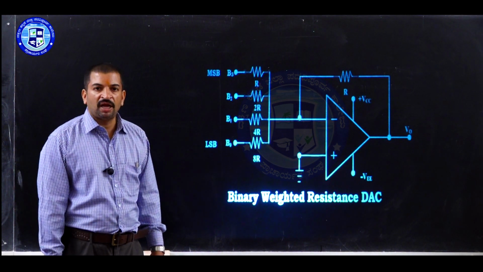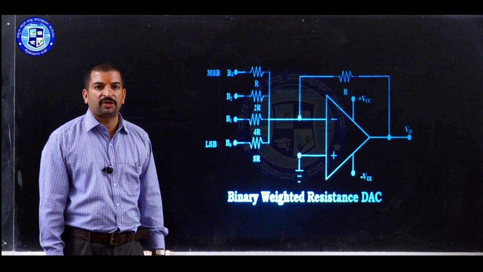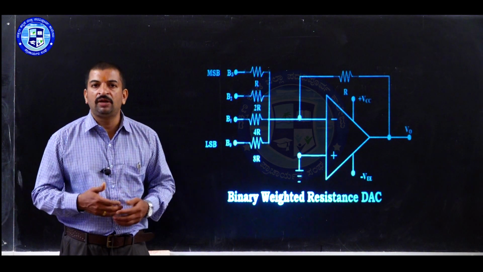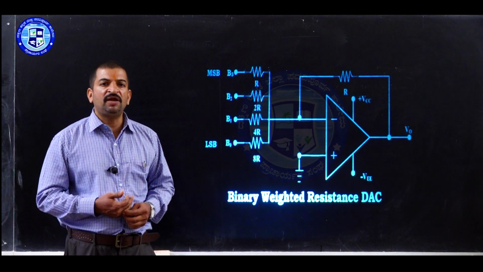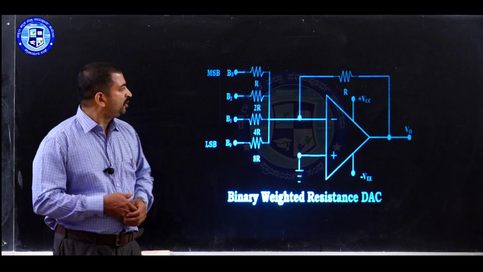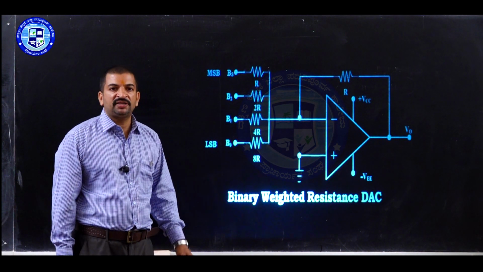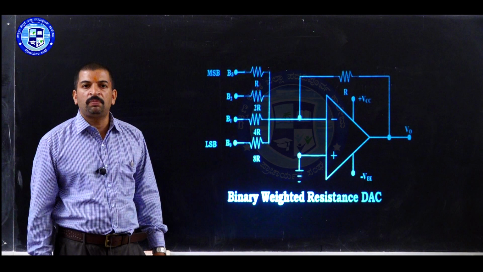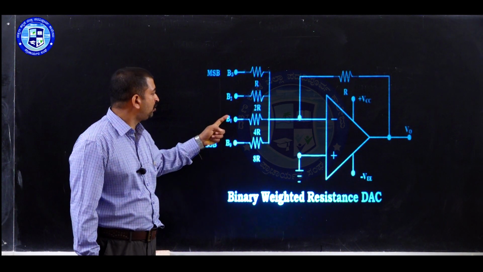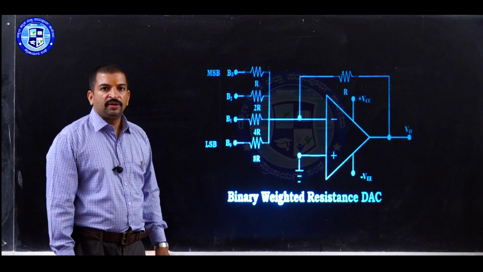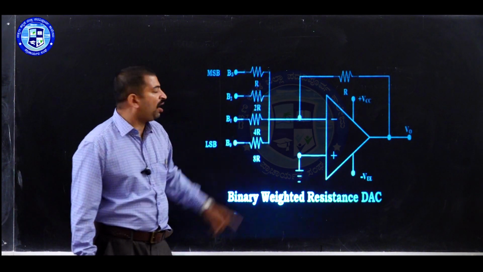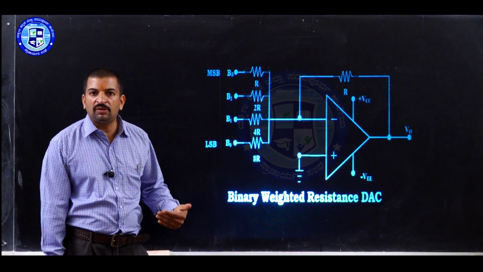Now, let us determine the output voltage produced by the circuit. Consider the expression for the voltage gain of the inverting amplifier. Voltage gain of the amplifier is given by the formula minus RF divided by RI. Consider the input voltage B3 is connected to battery positive, that is plus 5 volt. Then the input becomes 1, 0, 0, 0. The output voltage is given by the expression VO equal to minus R divided by R into Vin, where Vin is equal to 5 volt.